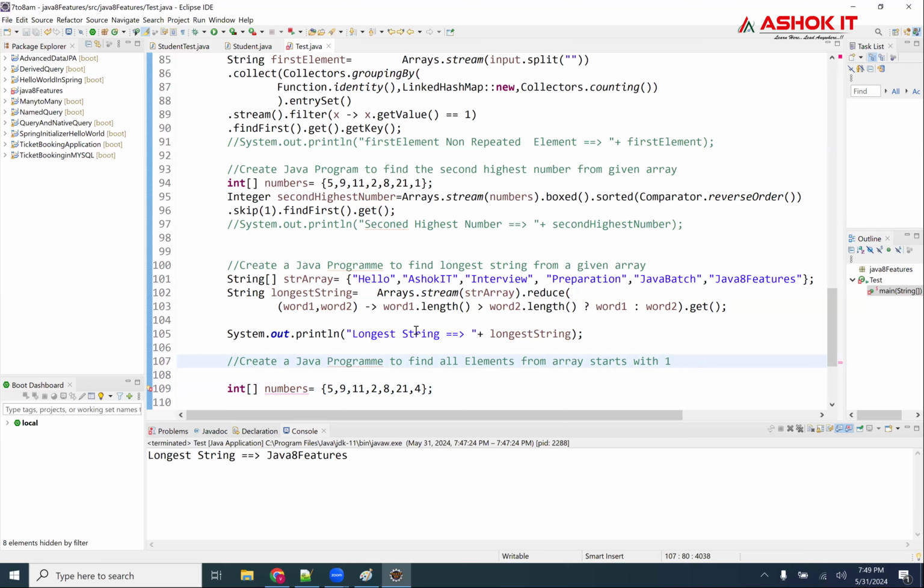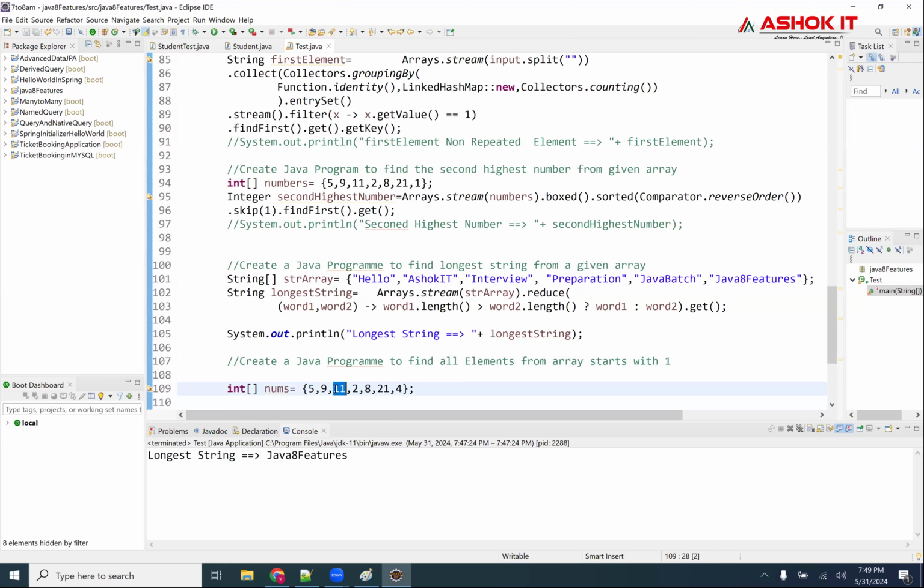Which number is going to start with 1? I need to check whether it is starting with 1. Here only 11 is starting with 1. That I need to verify.